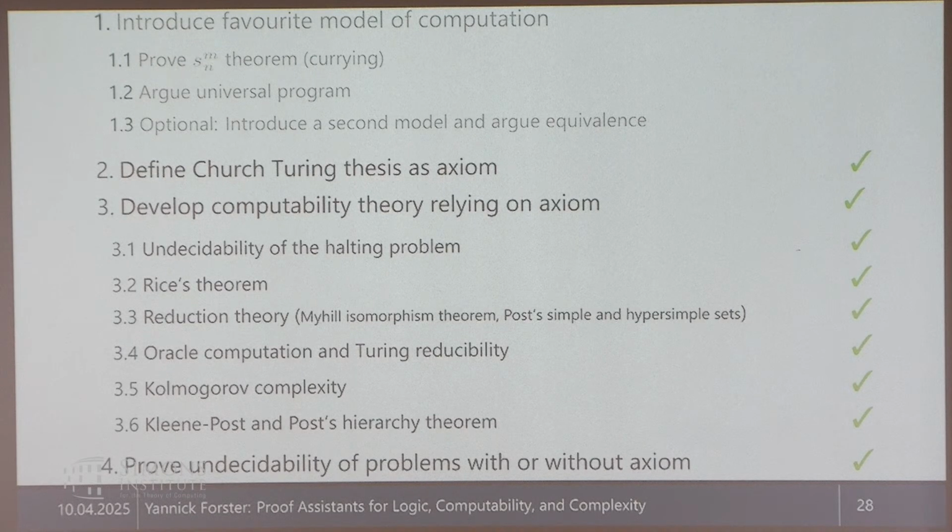Exactly. Okay. And this bit is hard because not only do you need to spell out a Turing machine and prove that it's correct, you also have to prove that it's polynomial. In a proof assistant, you cannot just say it's polynomial. You will have to say this is the polynomial. This becomes super hard.